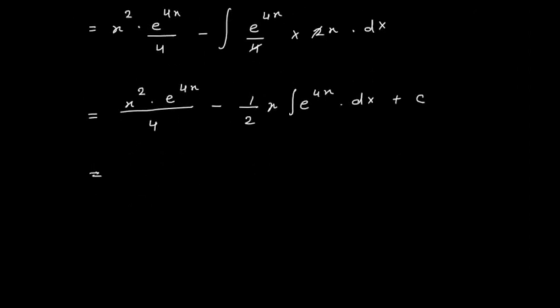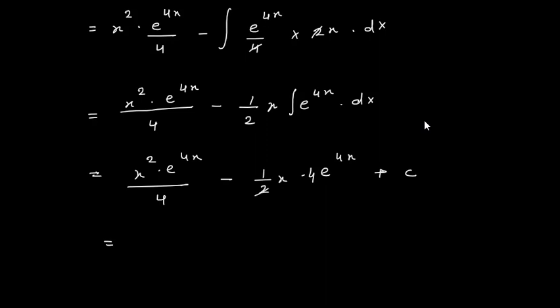So this is x square e power 4x divided by 4 minus, now this is 1 divided by 2x, integration of e power 4x. I have written here plus c, but don't worry, write it at the end. e power 4x, it is e power 4x into derivative of 4x is 4. So here we can write 4 into e power 4x. Now I will write plus c. So this 4 and 2 will cancel. So it is x square e power 4x divided by 4